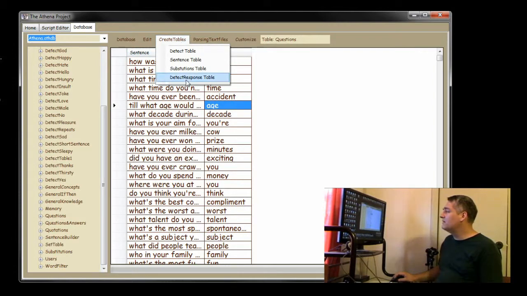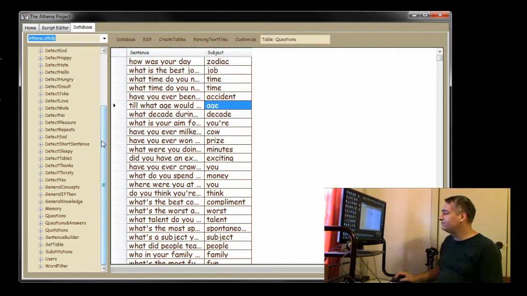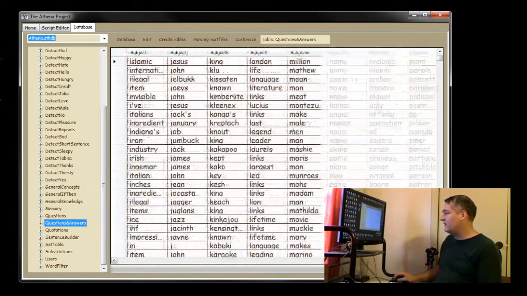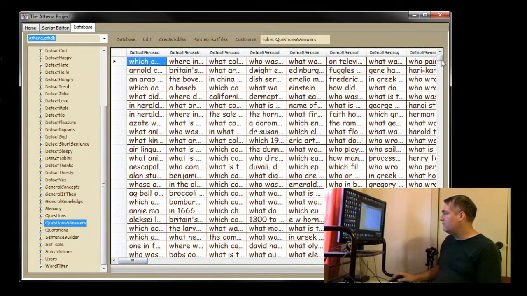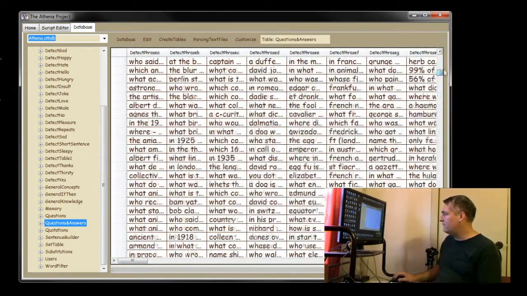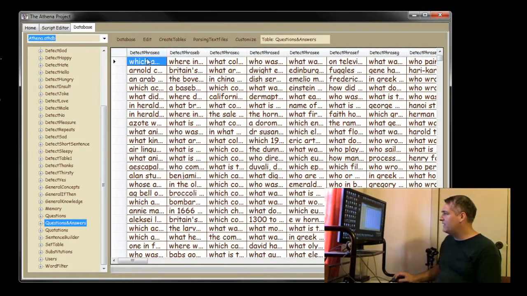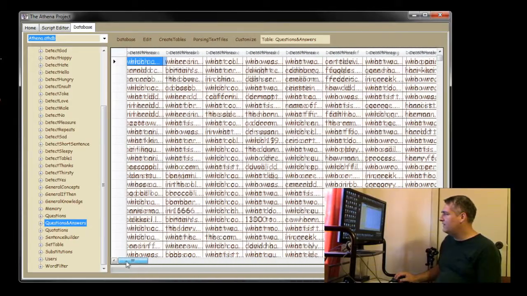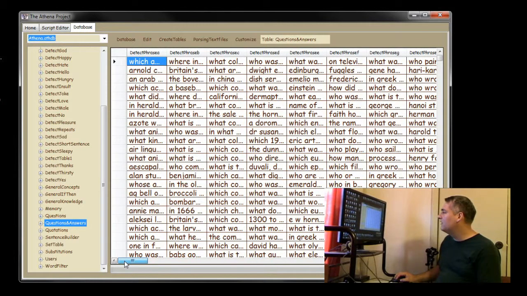Now another one's called a detect and response table. Now there's a customization you can do with the sentence table. That was a rather large table, so it took a moment to load. It's got a lot of information in it, going up and going down. And what we have is detect phrase and response. So basically, if it detects anything,